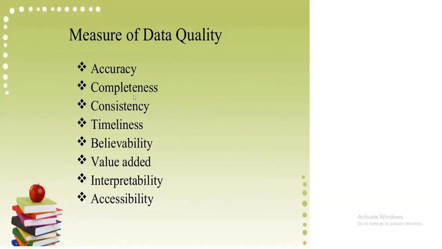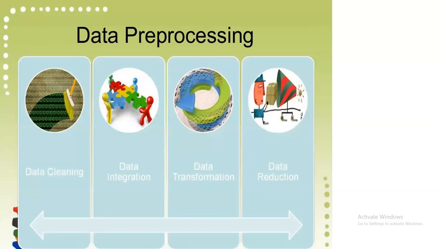How do we measure the quality of data? There are certain characteristics. Data should be accurate, completely available, trustable, consistent, believable, accessible, researchable and interpretable. If data has these qualities, then only it is suitable for analysis. And how do we make our raw data possess these characteristics? Although it doesn't essentially have them, let's take a journey.